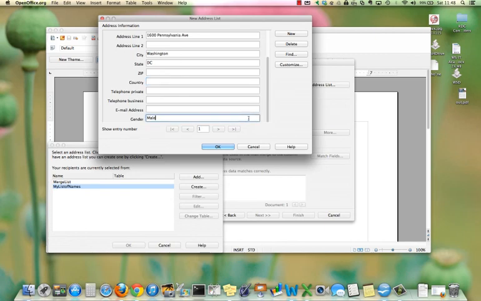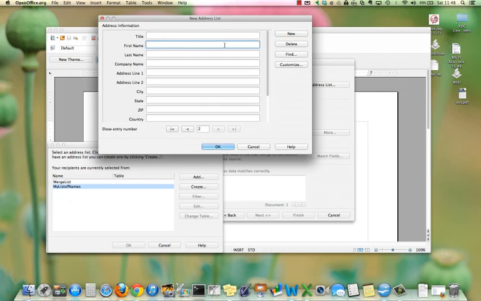You'll find that you want to include the gender for people so OpenOffice will know to start the salutation as Dear Mr. or Dear Ms. or Dear Mrs. and so forth. So putting the gender field in is really helpful when it comes to customizing the letter. And you can enter other information in, you don't have to completely fill this out. Once you've entered all the information for one person, click New,